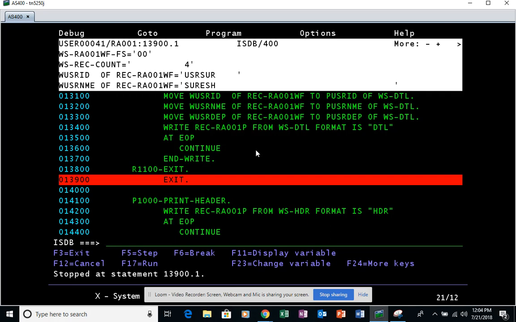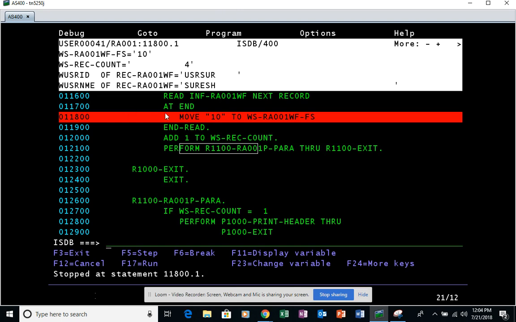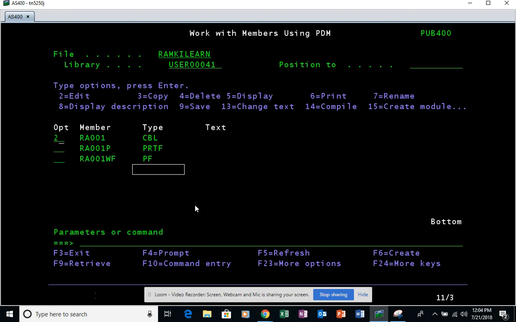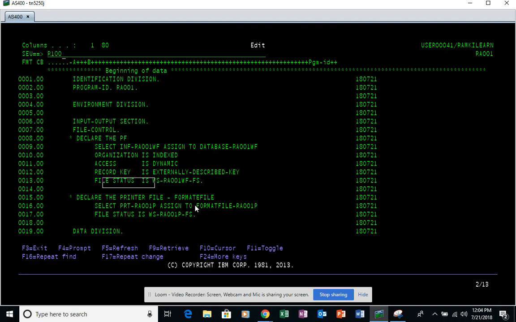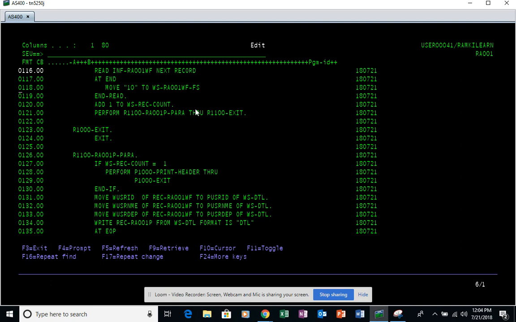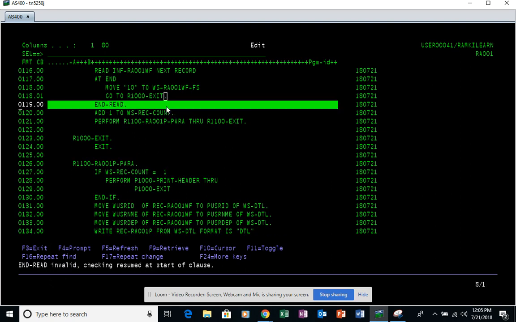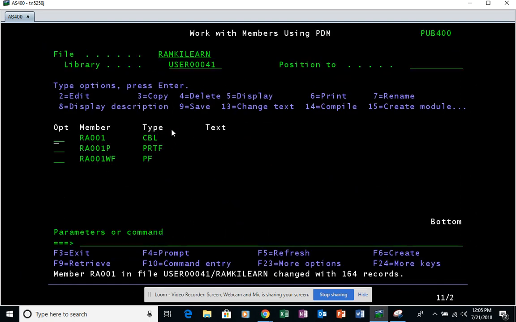After you write this, what you're supposed to do? It's already going inside here. So this place we should not continue anymore. You have to exit to this para. Okay, so this is our error. Let me end this, then I will show you how. Okay, then R100, go here, go to R1000, exit. If you run now, it's going to be a perfect result. Okay, so I save this, compile again,